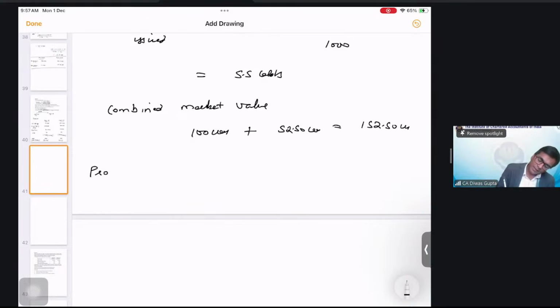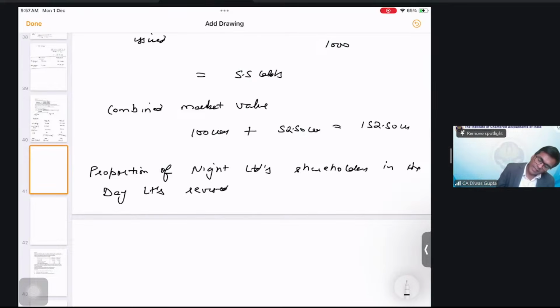So in this, the proportion of Night Limited's shareholders in the Day Limited's revised capital structure will be,